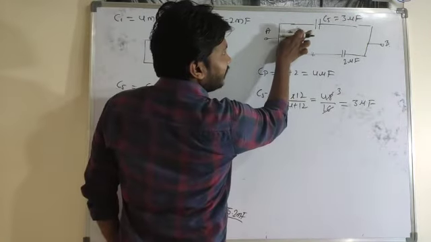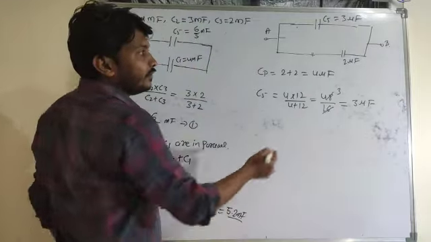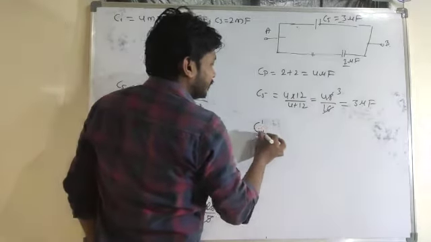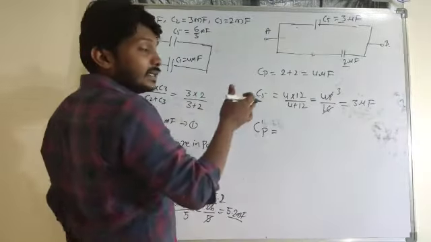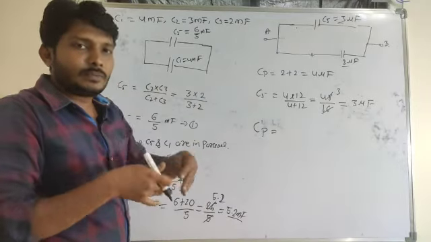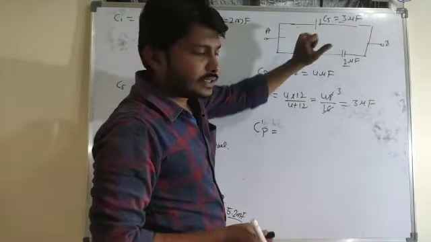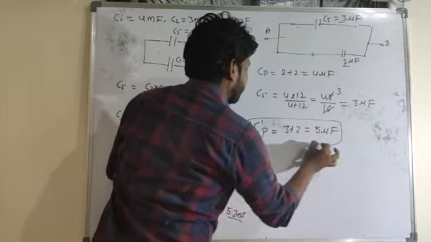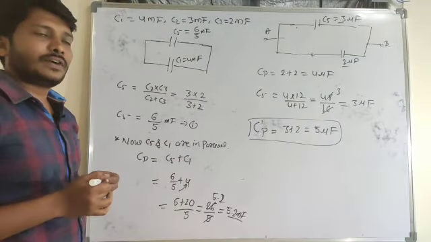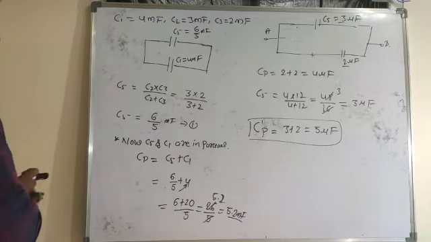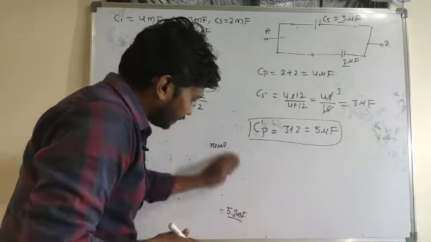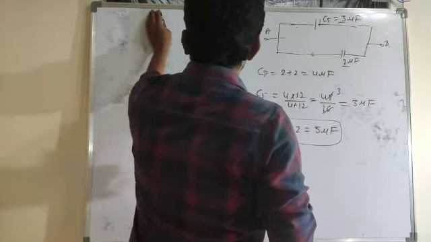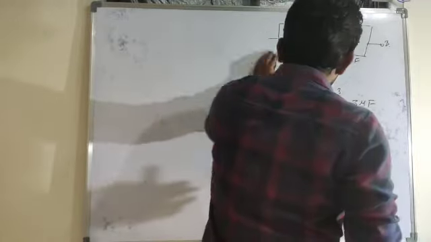Now, what is the nature of combination between C of S and 2 microfarad here? These two are in parallel combination, so C dash of P is the final value. I said that all the capacitors should be in series or in parallel, and here I got all the capacitors in parallel combination. So 3 plus 2, that is 5 microfarad. Now look at the next one. You must make sure that all the capacitors are in series or in parallel. If you arrange it like so, then only you will get the effective capacitance between the 2 points here.